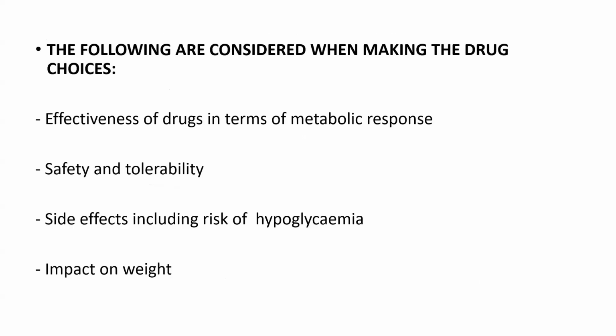And when making the drug choices, what do we start the patient with? You have to consider so many things. These are also considered when you add on a second drug as well. But when trying to decide what to start the patient with, these are extremely important. Effectiveness of the drugs in terms of metabolic response is very important. And of course, the safety and tolerability of the drug, and side effects, including the risk of hypoglycemia, and how the risk of hypoglycemia can affect an individual depending on the age, level of activity, and the occupation, etc. And the impact the drug has on weight,